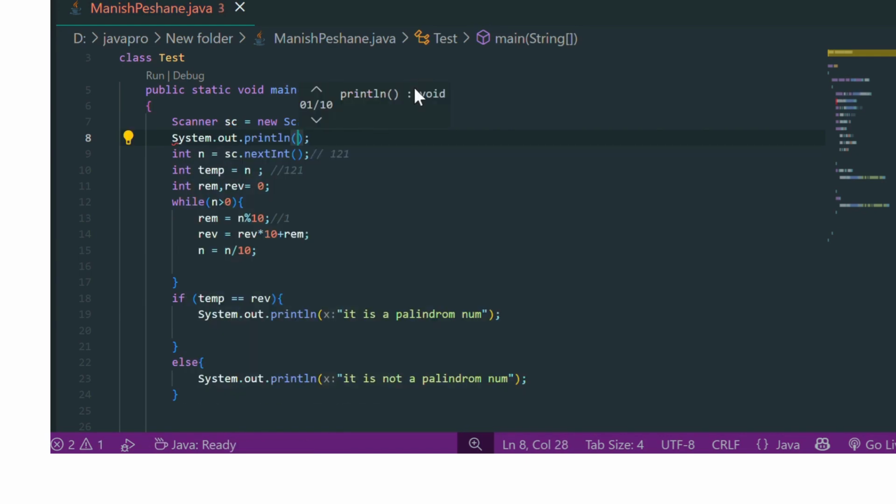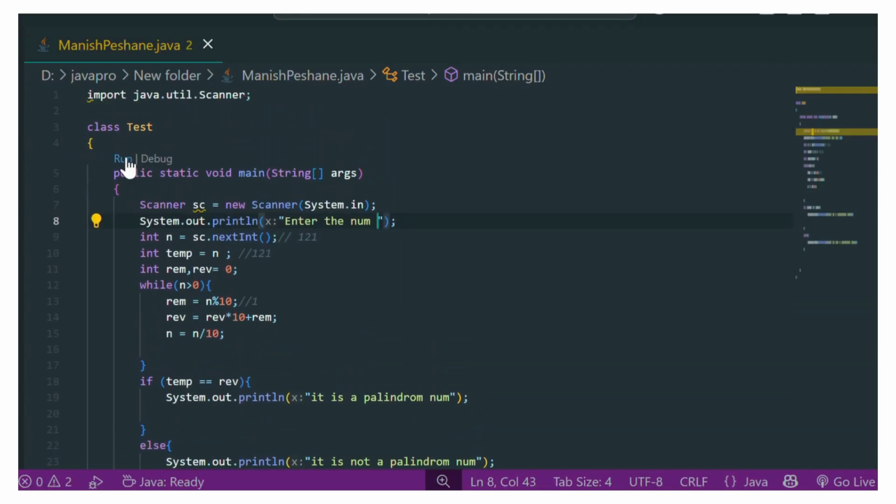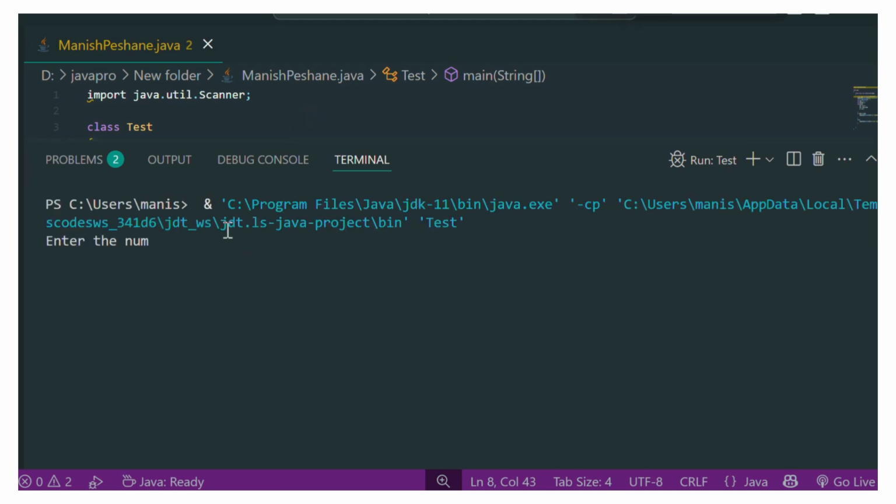SOP, enter the number. Okay, now I run it here. So I give 121. It is a palindrome number.